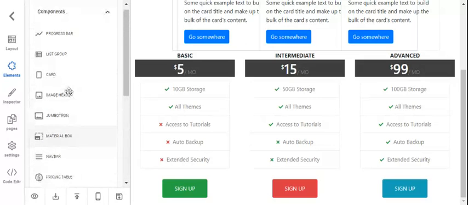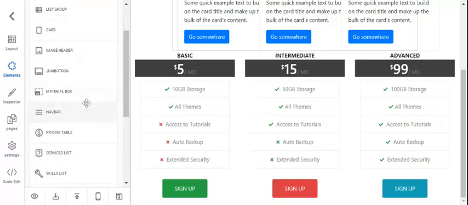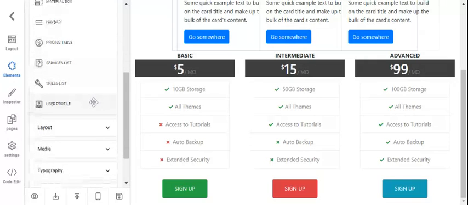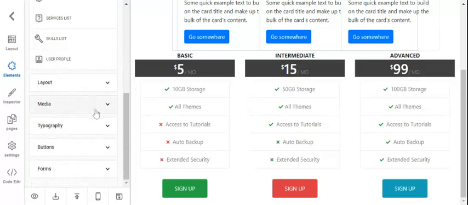We have a progress bar, we have a list group, we have a card image header, jumbotron, material box, pricing table, service list, skill set, user profile. Okay, so I will also want to